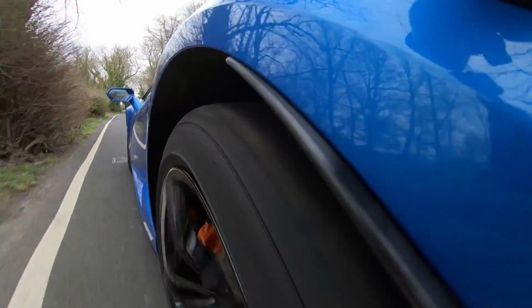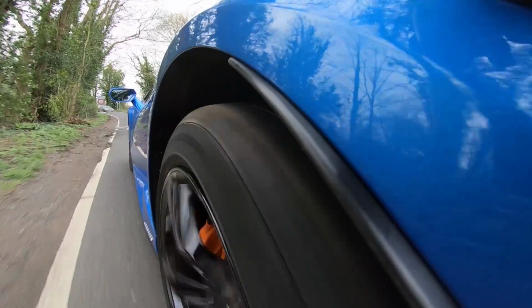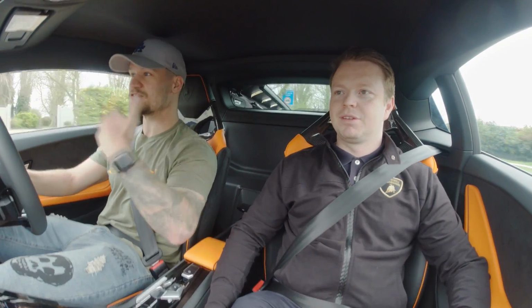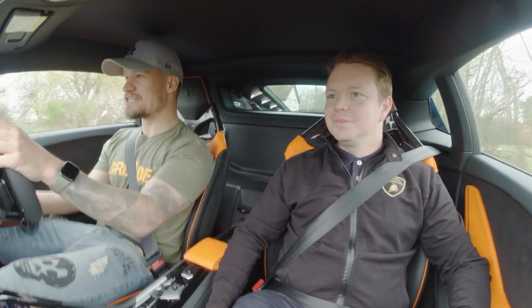I think the 600 brake horsepower makes a big difference because you feel like you've got power throughout the range. The new traction control system as well allows for more torque to be delivered at key moments. Yeah, definitely the torque vectoring makes a difference, to make the driving experience more engaging. But